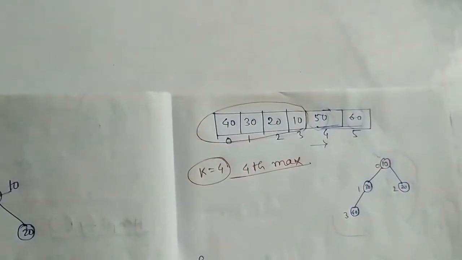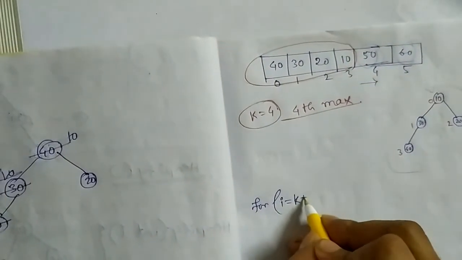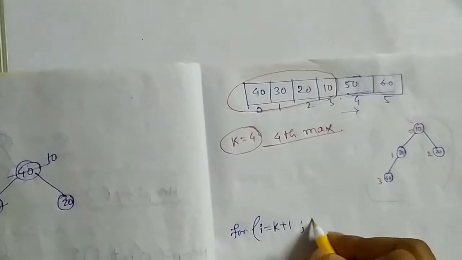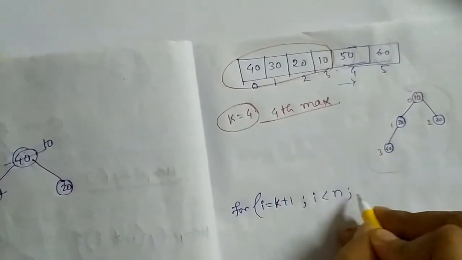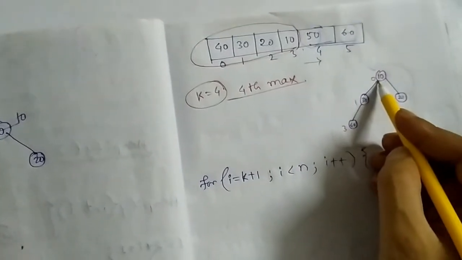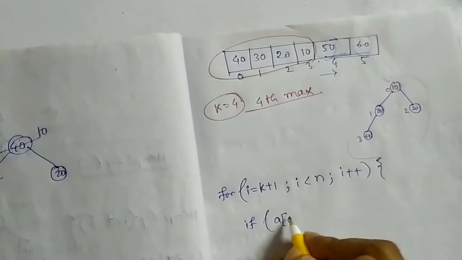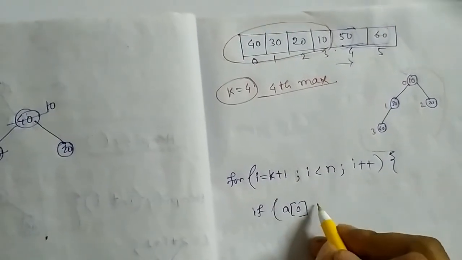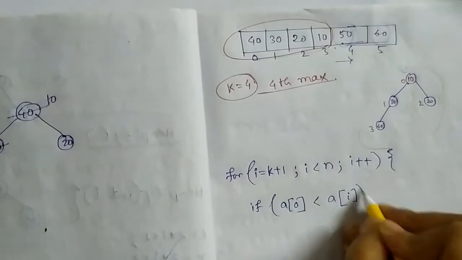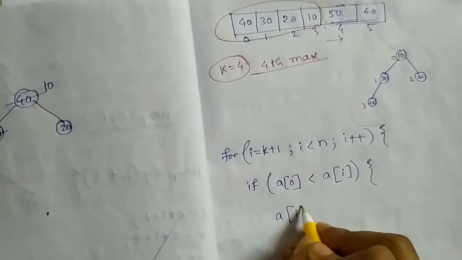For this I have to write a for loop like this. I will start from i equal to k plus 1, that is from this index, and I will go up to n, and this is our root element. So I will check that if a[0] is less than a[i], then I will replace our root with